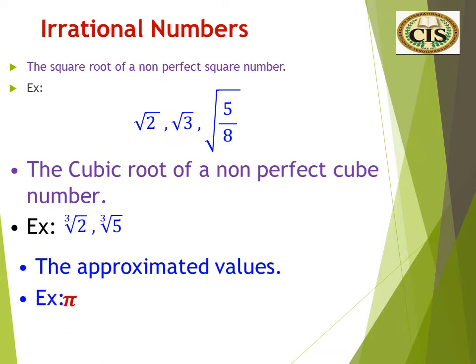And approximating the value of pi to 22 over 7, but pi doesn't equal exactly 22 over 7. It's approximately 22 over 7, or 3.14. The number 22 over 7 is rational, but the symbol pi is an irrational number. Example: